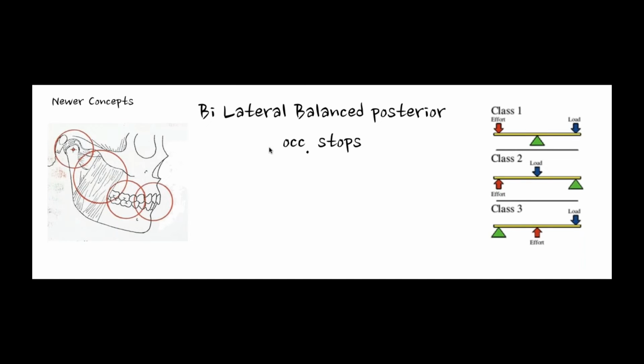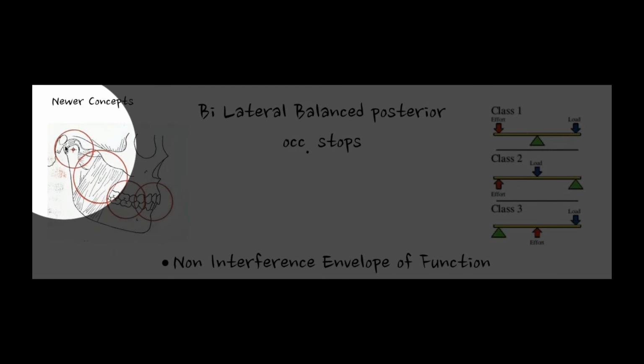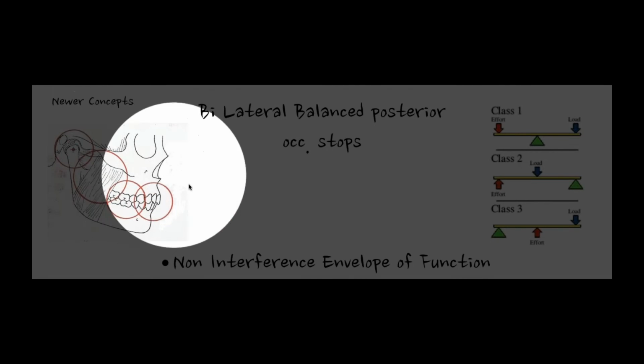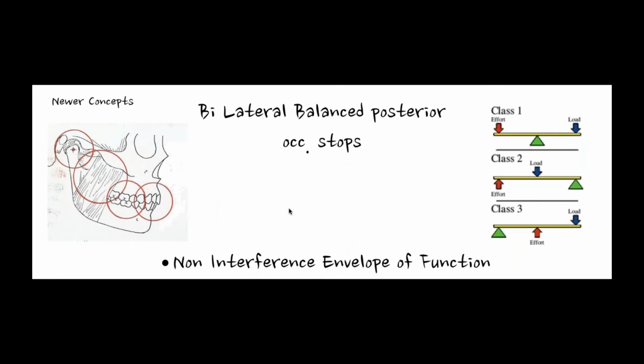Those are very detrimental to the patient's functional ability and health. So really what I want in my occlusion is no real working interferences, and I want to make sure that I maintain my fulcrum as the functioning point of where everything should harmonize from, basically a class 2